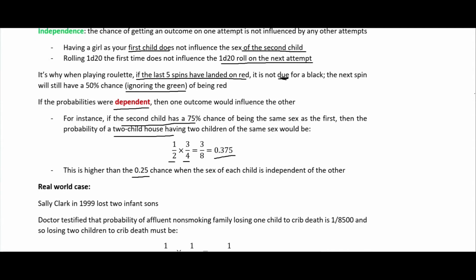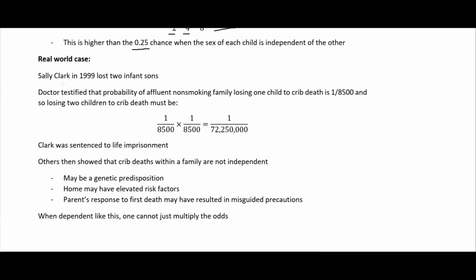And so Steven Pinker goes through this real world case where Sally Clark in 1999 lost 2 infant sons to what is sometimes called crib death. So in the trial, a doctor testified that the probability of an affluent, non-smoking family losing 1 child to crib death was 1 in 8,500. And so losing 2 children to crib death must be 1 in 8,500 times 1 in 8,500, which is 1 in